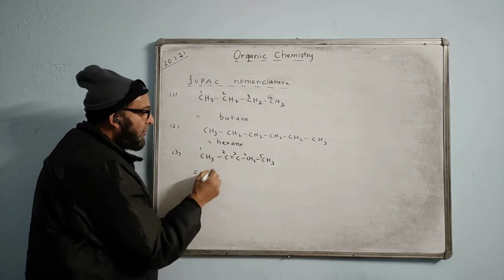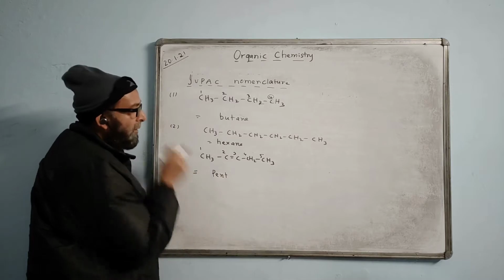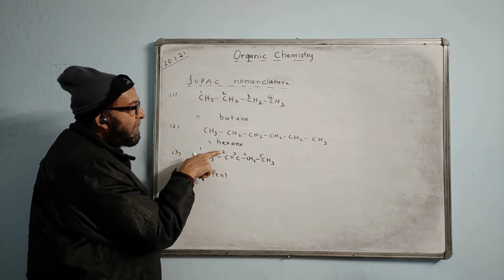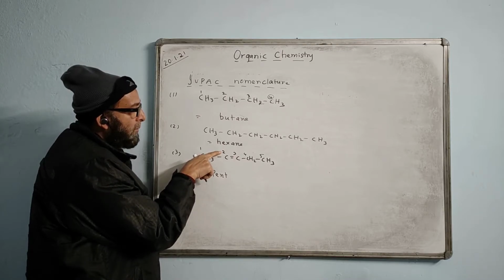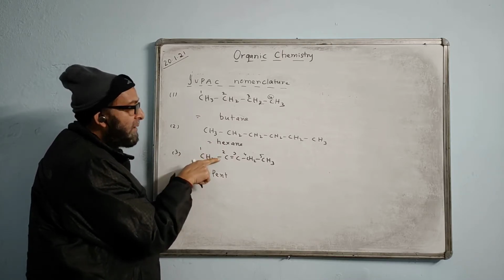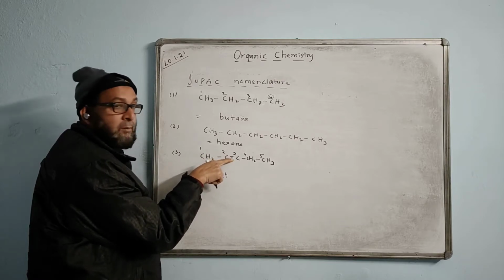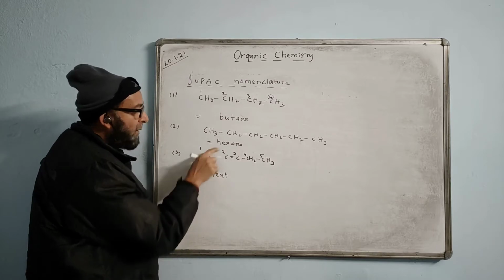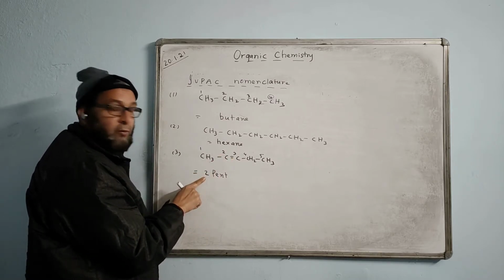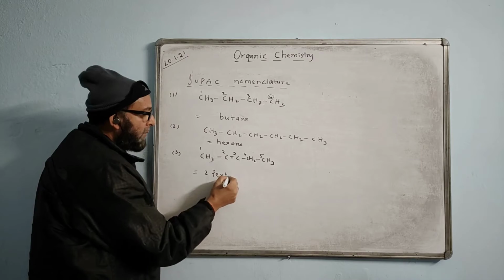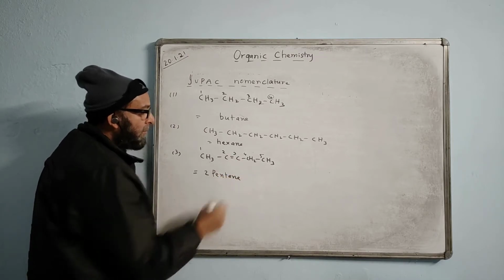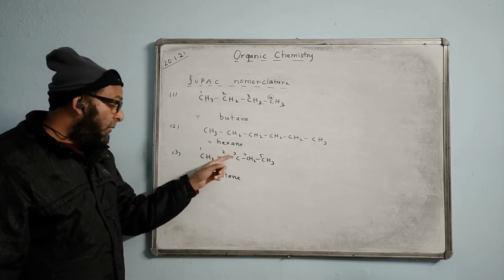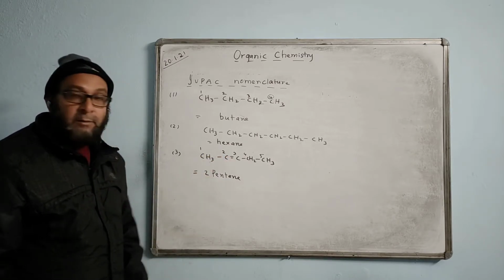What name 5 is, we call it pent. Now, which number keeps the double bond? You have to mention the number. Number 1 is keeping single bond. Number 2 keeps which bond? We have to write 2. First write 2. The number which keeps that, we have to write that number here. 2 pent. Because of double bond, write ene. 2 pentene. What is the name of this compound? Number 2, because of the double bond coming there, 2 pentene. This is the name.